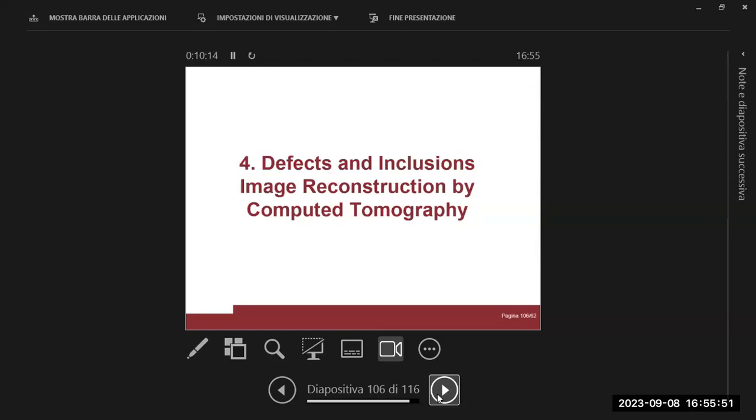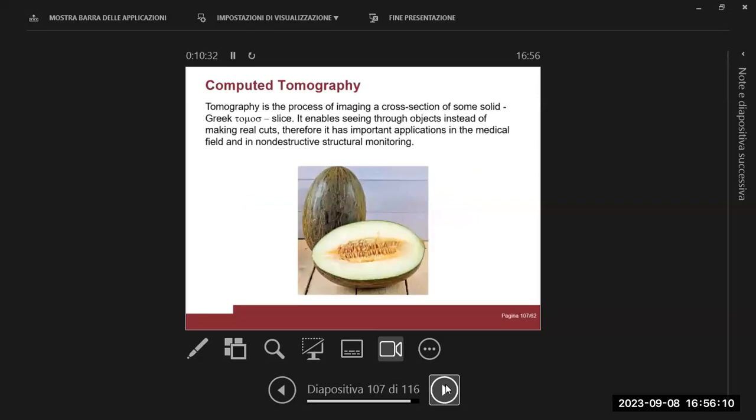The last application is being developed by one of my PhD students who is going to graduate this year. Her name is Shayeste Naginajad, and she's working on the reconstruction using computed tomography. Computed tomography is a technique which derives from the Greek tomos, which means slice, and is based on illuminating an object and recording the projection over a set of